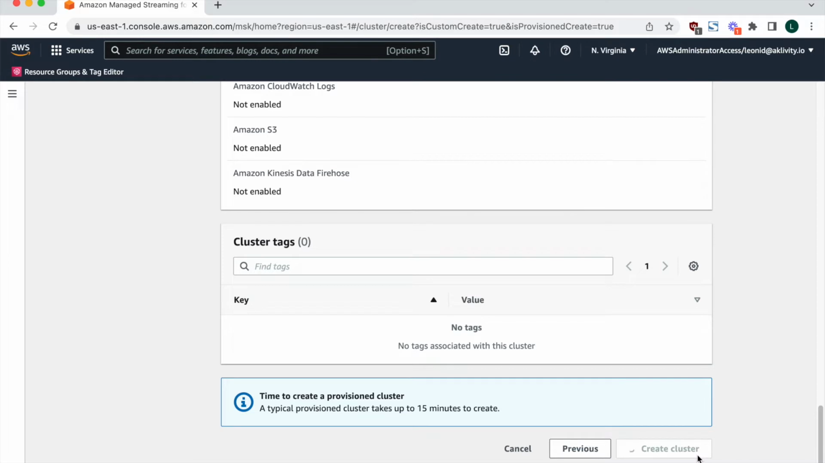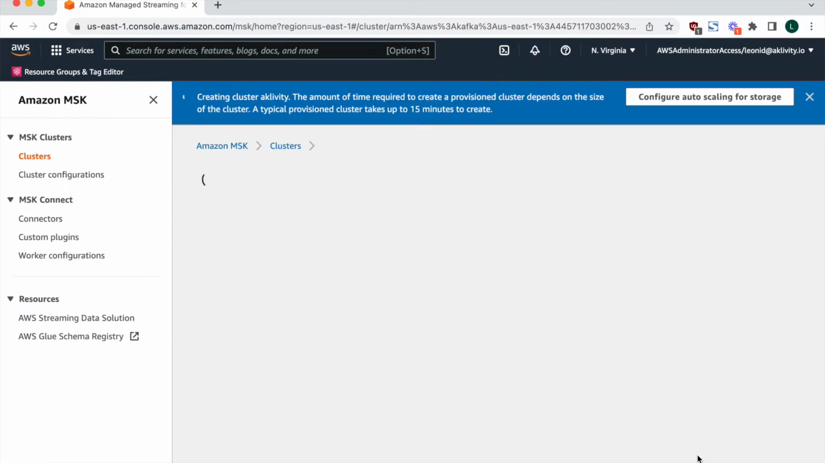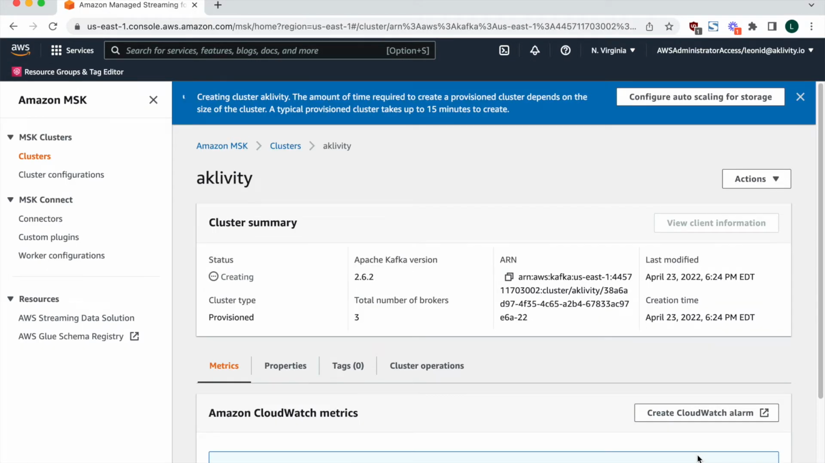And click Create Cluster. Okay, great. We just initiated an MSK cluster. It can take up to 15 minutes for the MSK cluster to spin up, sometimes even longer. You can either take a coffee break or go to the next step where we will create the MSK Proxy